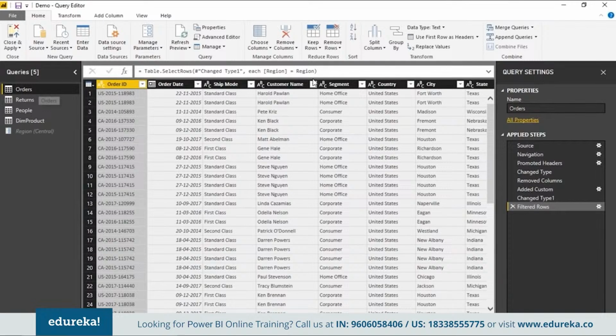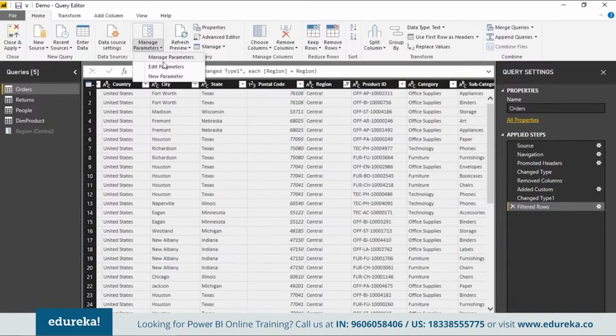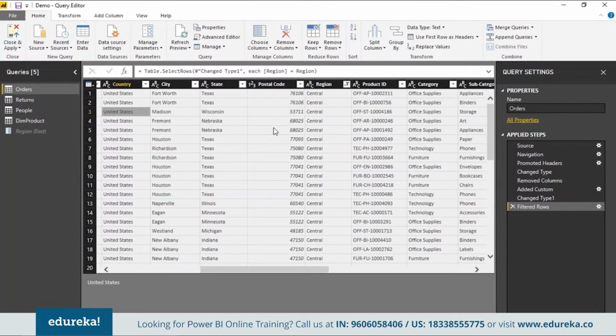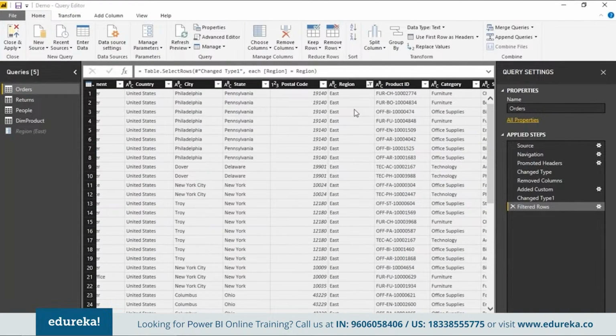And it's very easy to change it, by the way. Go to edit parameters, go to edit here and see that a text box comes up, because the list type was any, so it is set as a text box. And actually go back and set it as something else. Let's say east, and now we can see it's automatically going to change to east. That's the real beauty of using parameters generally. You just have to go back and click on that interface once to refresh it for it to reflect. And now you can see it's reflecting as east.